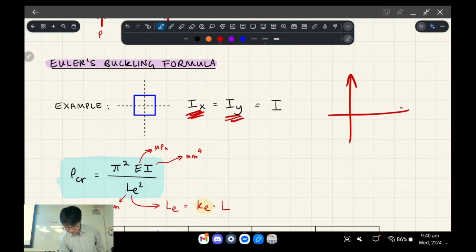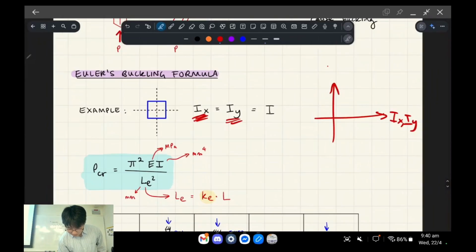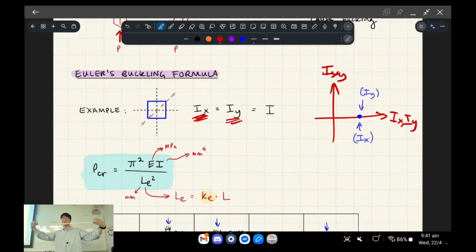Right, so again, we're graphing a Mohr circle, but this one will be your area moment of inertia, and this one will be your product moment of inertia. Okay, it'll look something like this. Okay, so the value you see here is both Ix and Iy. Okay, and in fact, if we were to go diagonal, right, it would also be the same number. Okay. So the idea is that if I'm pressing this in compression, it actually doesn't have a preferred buckling axis, right? Because it's a complete square. Okay.